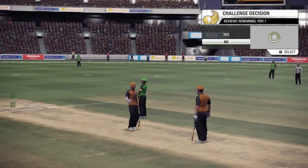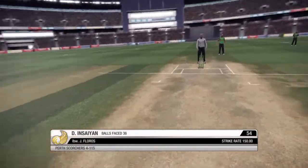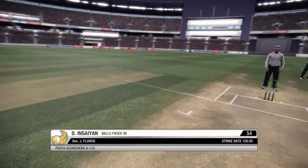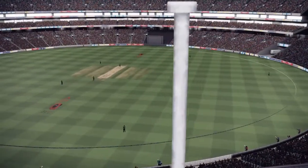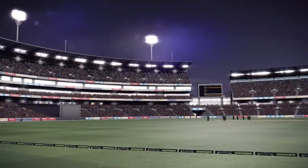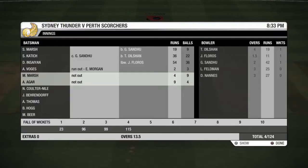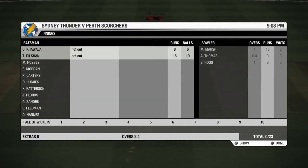This is ridiculous. I actually don't know what happened with this shot, because I tried to just play it down the ground. I've never seen that type of shot. I definitely didn't block it. He's just completely missed him on the back pad. That was middle of middle stump, as plumb as you can get. I was very frustrated. I was actually about to try to go over the top and get a few runs,